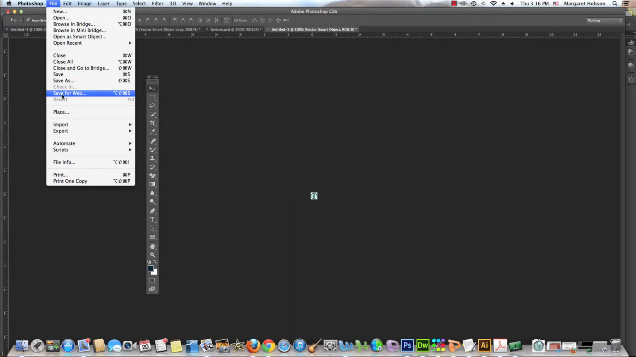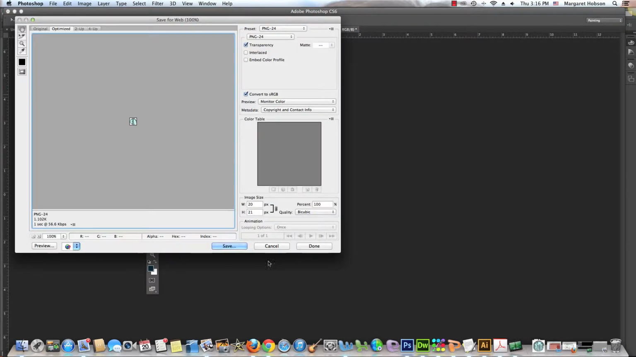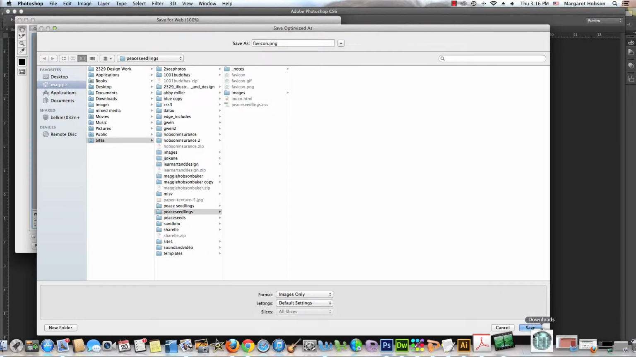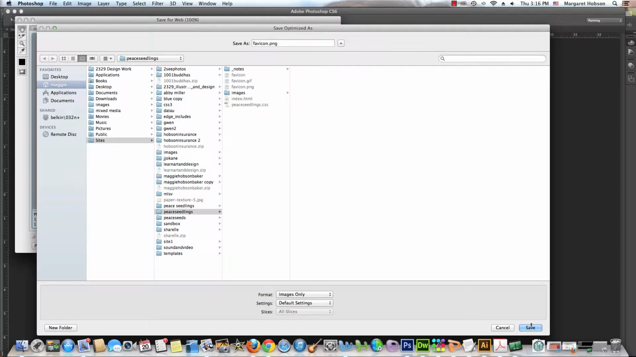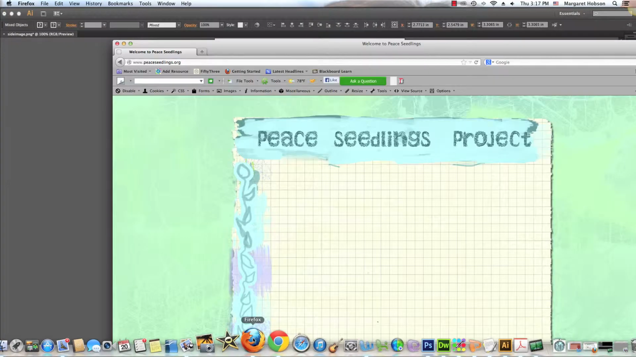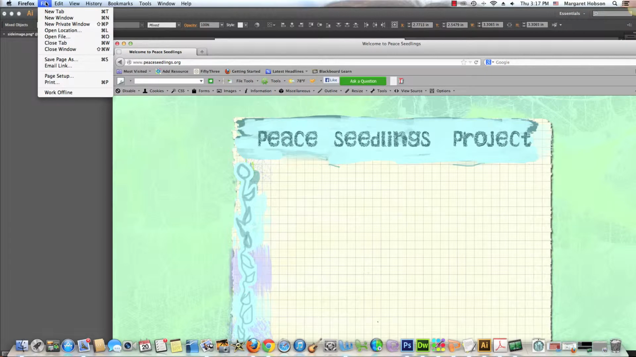Now I'm going to save it: file, save for web, and I'm going to save it as a PNG file. Save, and I'm going to replace, I already have it in here. I'm putting it in my folder where it will be. I'm going to hit save, I'm going to replace it. Excellent. Now, in order to turn it into an ICO file, I need to go to